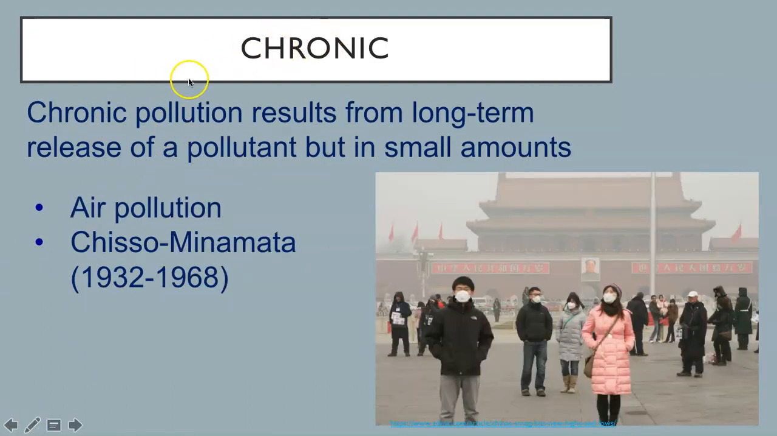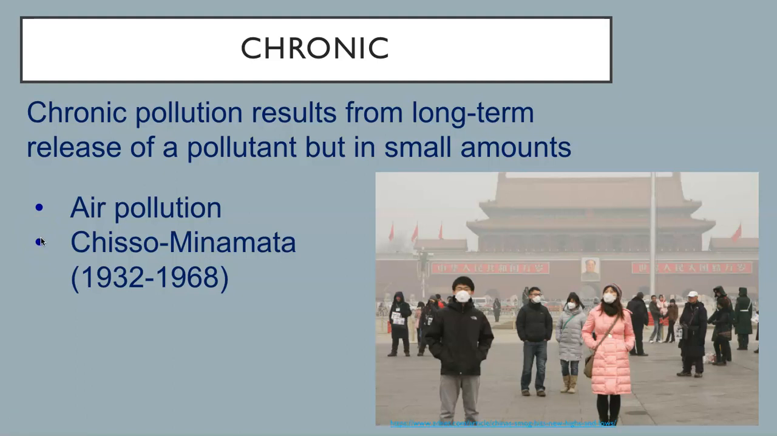Chronic pollution results from long-term release of a pollutant, but in small amounts. Pictured here is the classic example of chronic air pollution in Beijing, China. Another infamous example is that of the Minamata disease, which was first discovered in Minamata City in Japan. It was caused by the release of